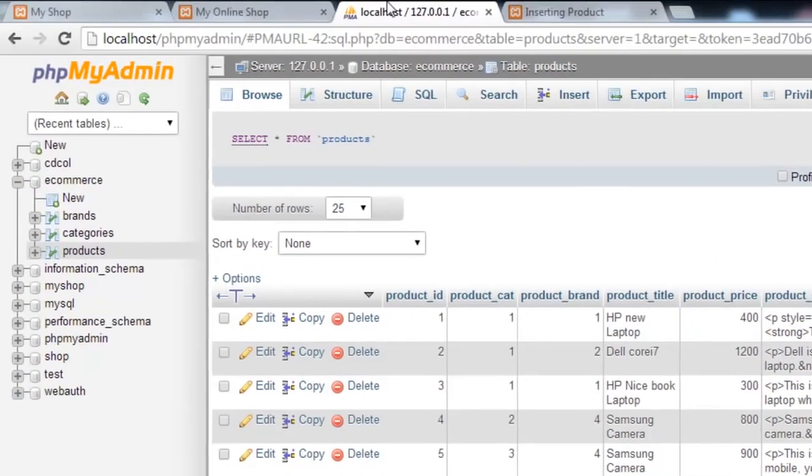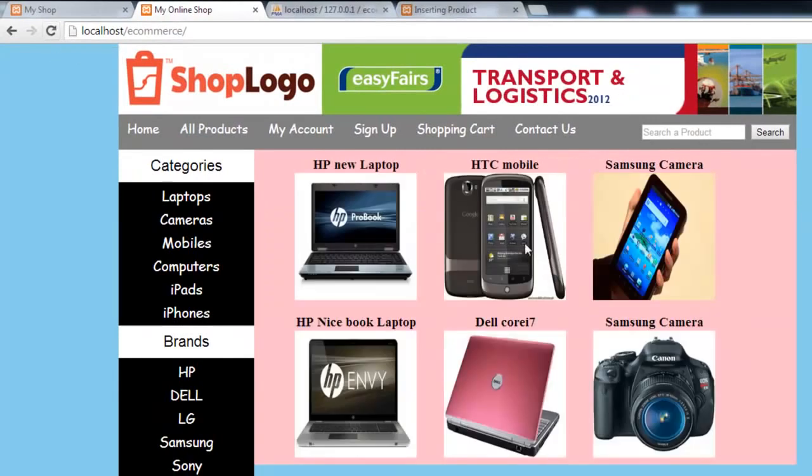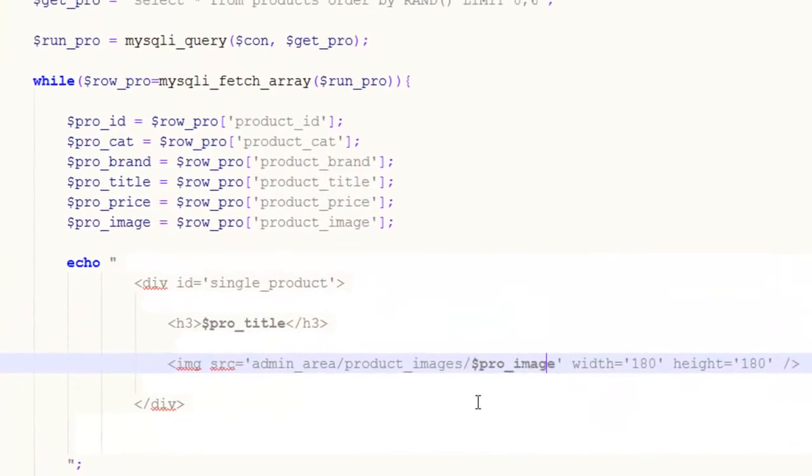Now come here, I have simply saved the page, refresh. You can see the product images you can see over here in front of you. All of the images are actually displayed with the same title. Now the next thing is very simple, just